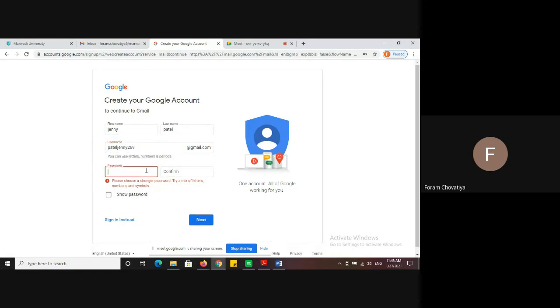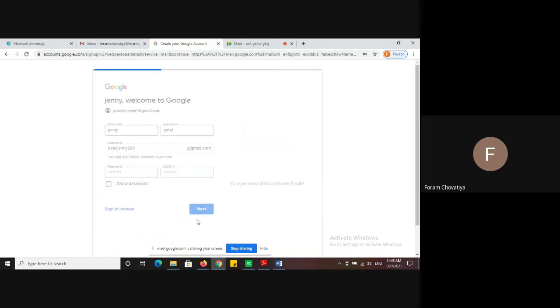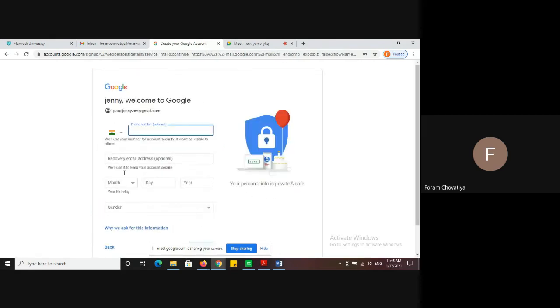Done. All the details we already put in. Then click on next, so your mail ID is created. Then go to the next button so you can fill in all the information.